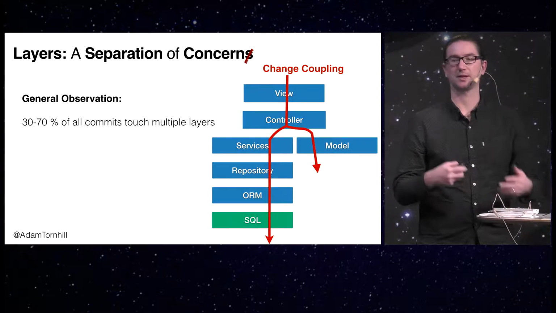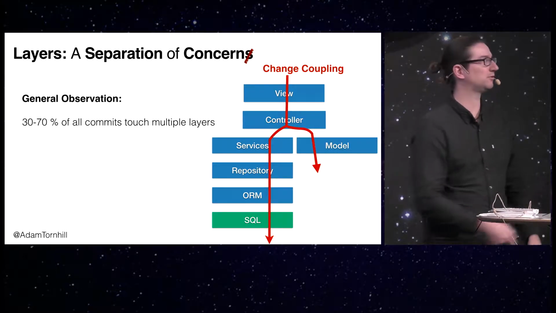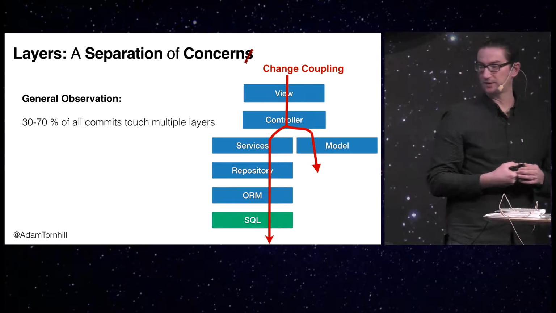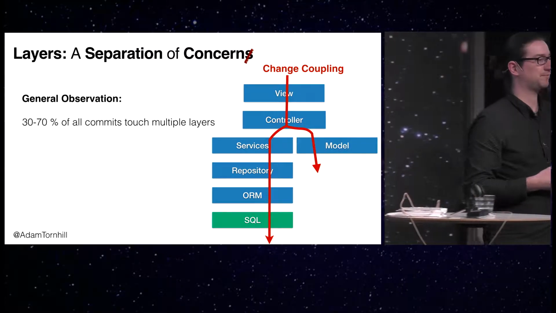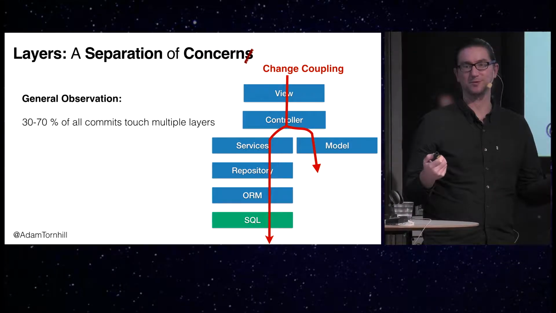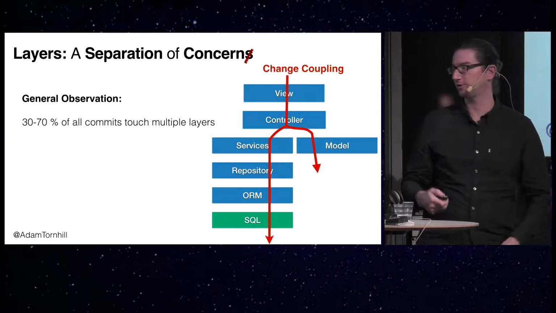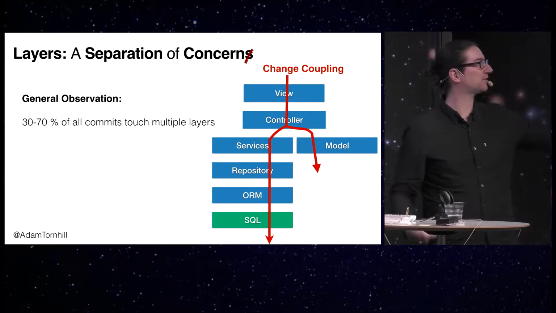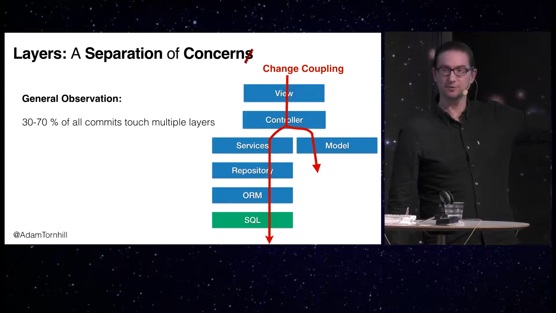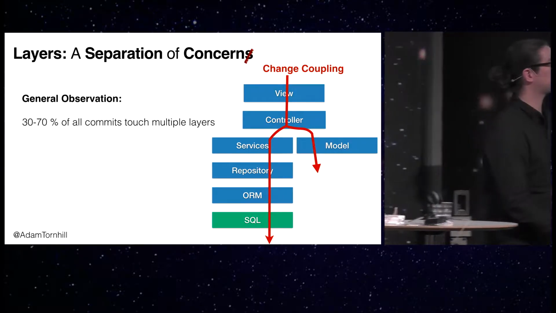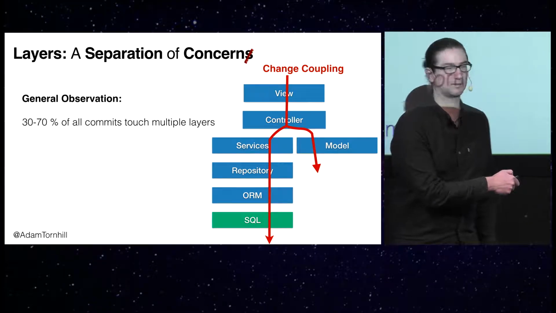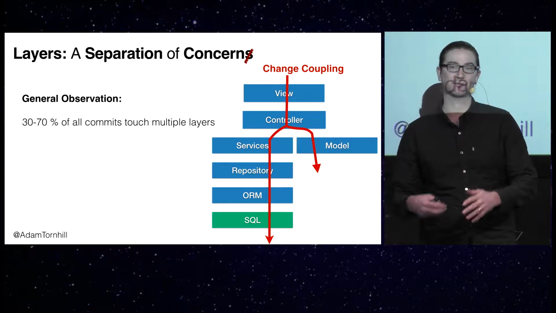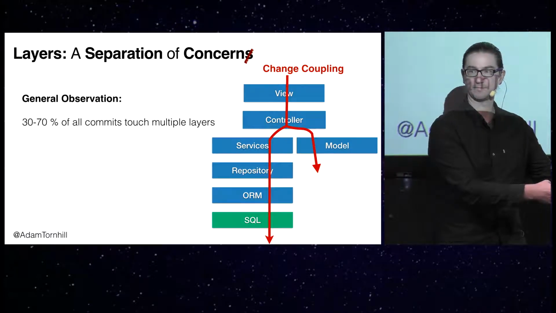So that basically means like 2/3 of all changes you do, you have to modify multiple layers like this. This is kind of interesting. Why does this happen? Well, the common motivation for doing layered architectures in the first place is what we call a separation of concerns. Do we have a separation of concerns here? Yes, we do. But we have a separation based on technical responsibilities. Each one of those building blocks represents a technical responsibility.